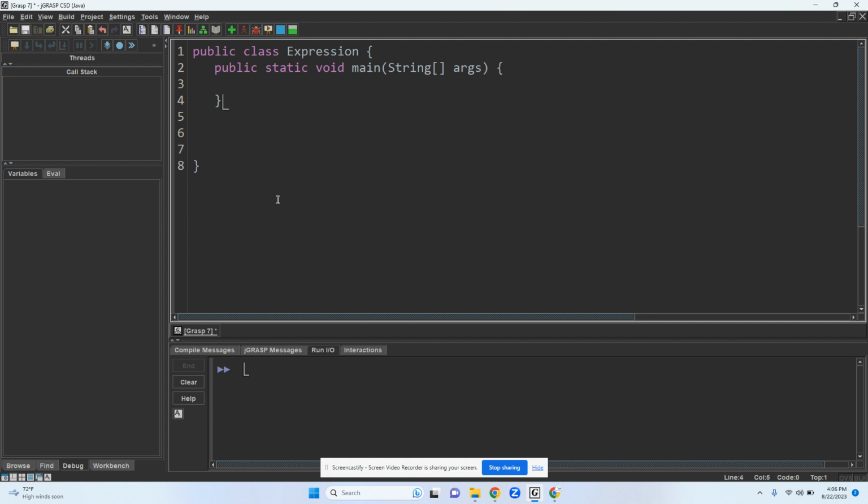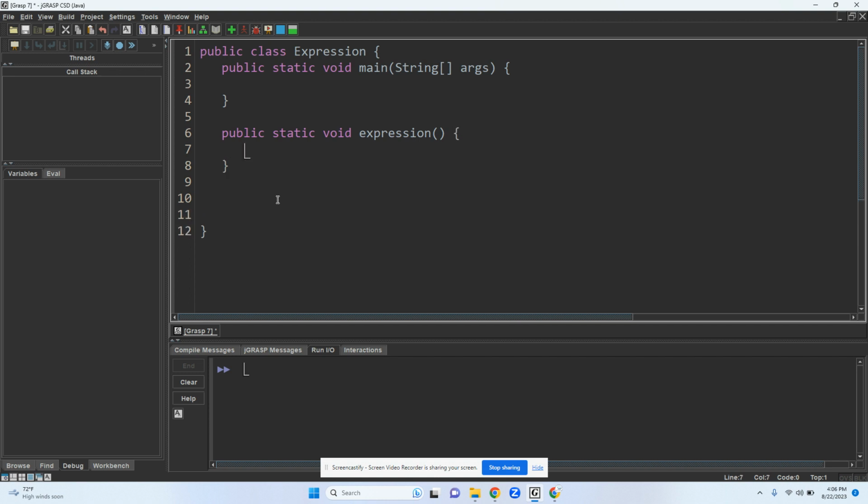So again, this is what we covered last week. And it's always a good idea to create methods every time you write a program and then call it from main. So let me go ahead and practice what we covered for the last couple of videos. Public static void, I'll call this expression. And so basically